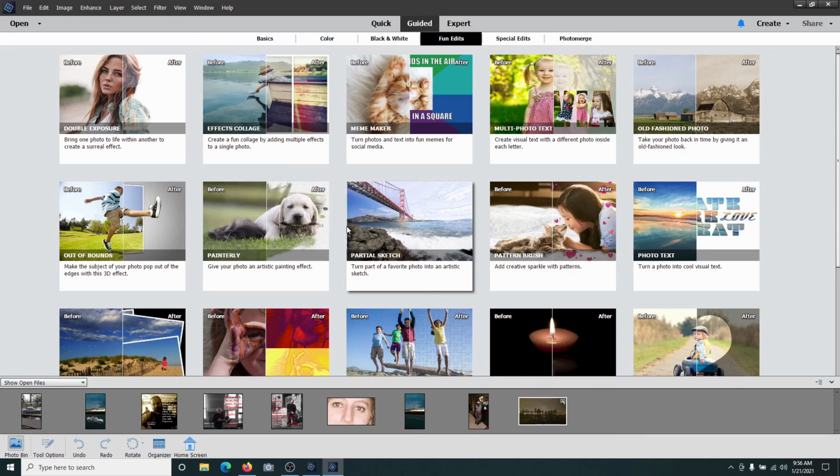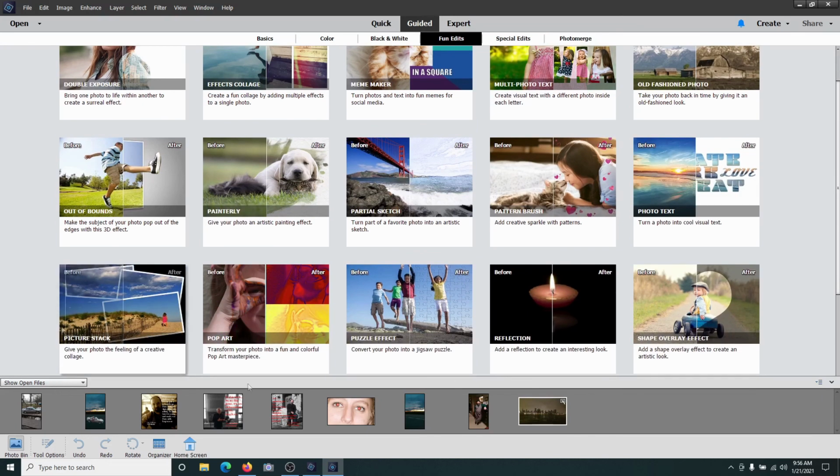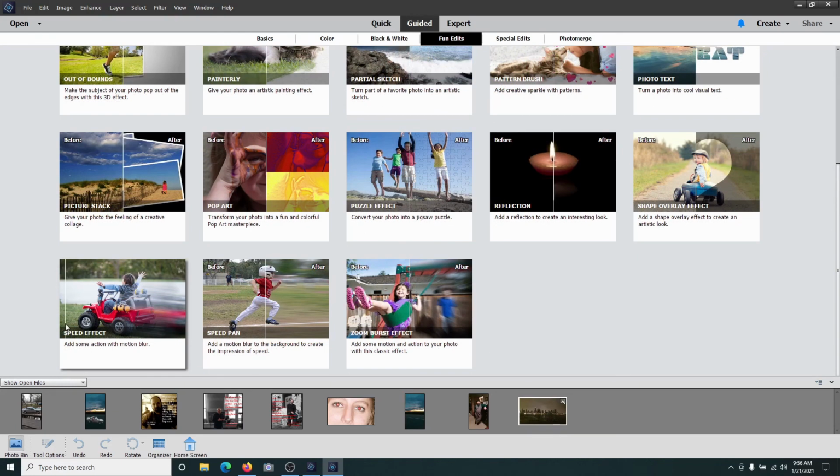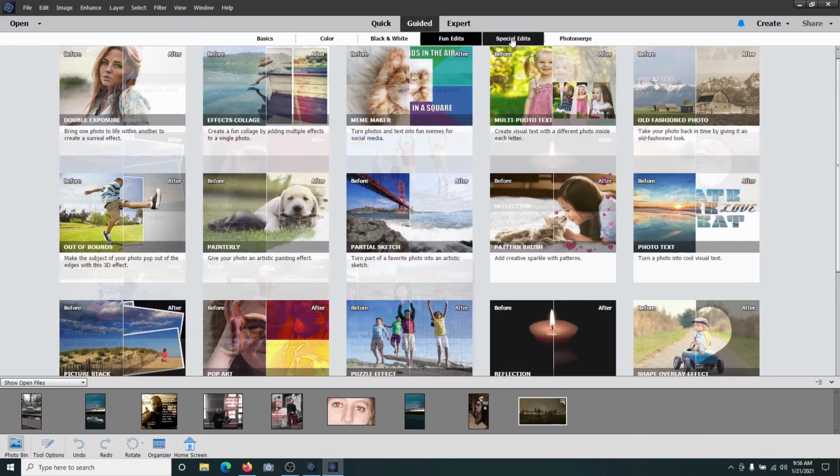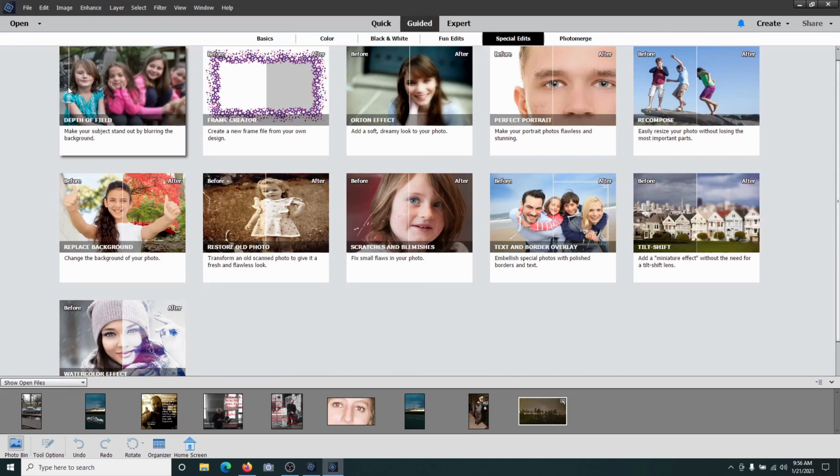Partial sketch, pattern brush, photo text, picture stack, pop art, the puzzle effect, reflection, shape overlay, speed effect, speed pan, and a zoom burst effect. Then we have special edits. You can do depth of field, create a frame, do the Orton effect, a soft dreamy look to your photo,